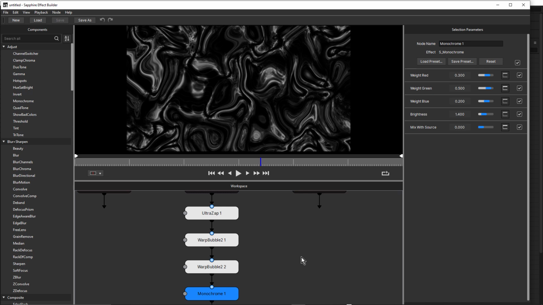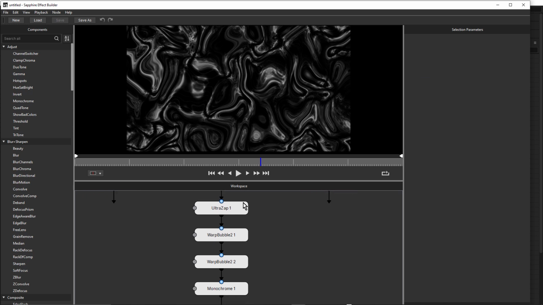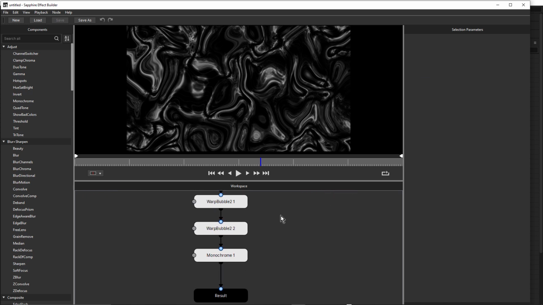Now of course we're here in After Effects with this particular project, but Sapphire can be used in multiple different hosts. And the Sapphire Builder becomes even more important, say if you're using Avid, because you can apply multiple effects and stack them together to create various looks, which is something that's more difficult in Avid than it is in After Effects. I could have created this look directly in After Effects, but as I mentioned, I like to start in Sapphire Builder. And in the end, I didn't really get a complicated stack of different effects, and I'm not using the matte ports and I'm not using the background or mask. So it is fairly simple, but this was my starting point.